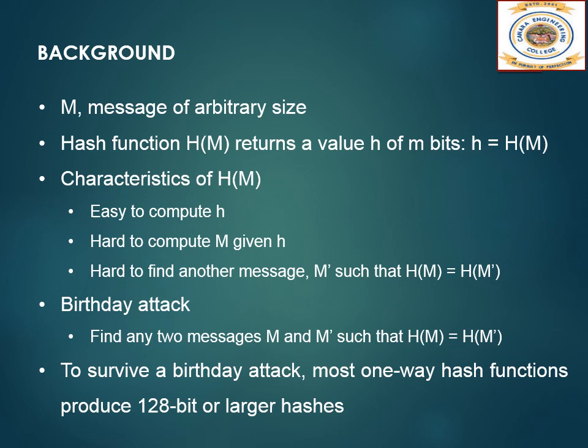The whole point of the one-way hash function is to provide a fingerprint of m that is unique. For example, if Alice signed m by using a digital signature algorithm on H of m, and Bob produced m dash, another message different from m where H of m is equal to H of m dash, then Bob would claim that Alice signed m dash.